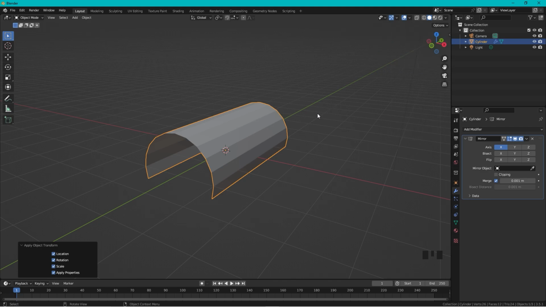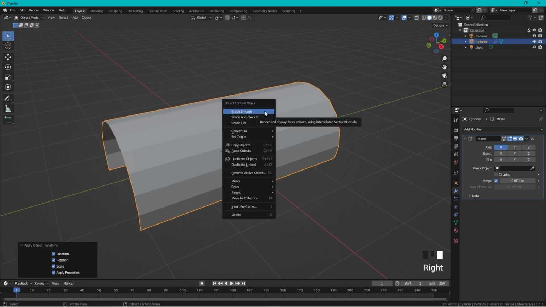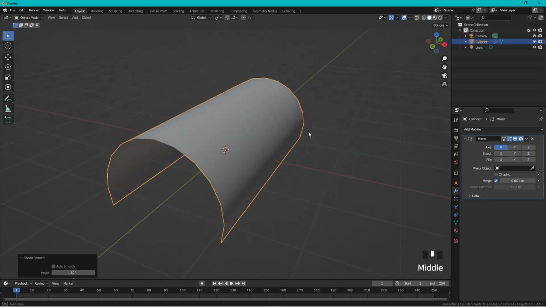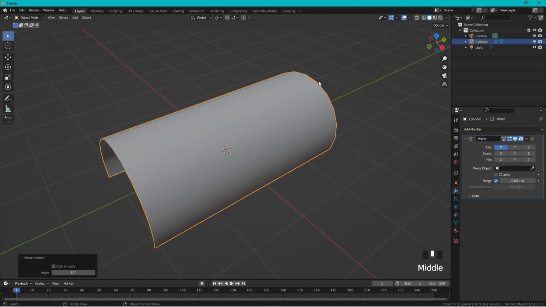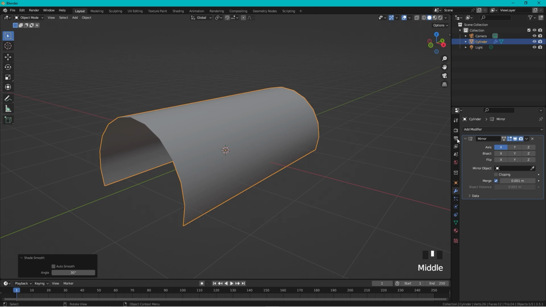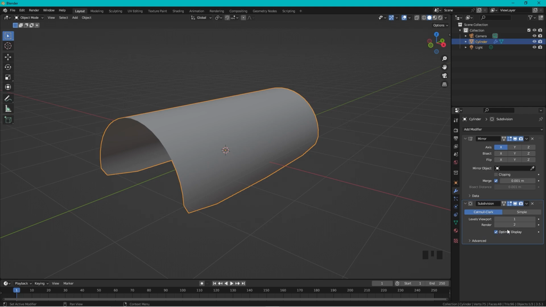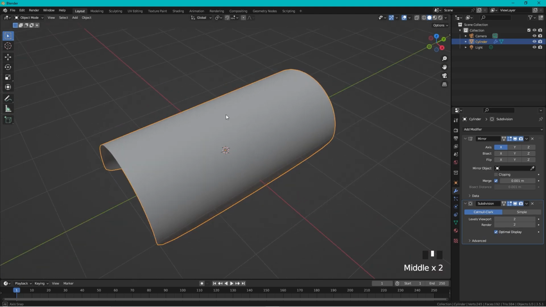Okay, right now this seems a little bit boxy. It's not smooth at all. So if we right click and choose shade smooth, it's much smoother, but you can see on the side that there is still some kind of hard edges, and we don't want that. So this time we want to add another modifier that's called Subdivision surfaces, and we can change this to 2, and now we can see it's really smooth, but